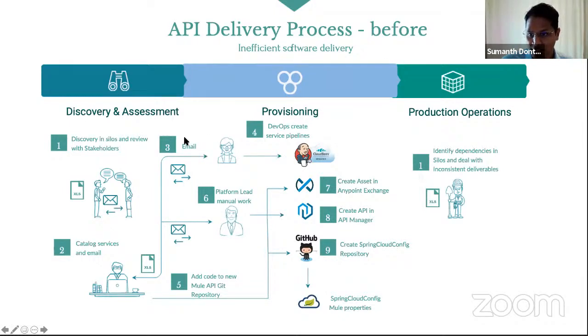So all of this communication was via email. And if you wanted to build an API in Mule, you have to set up the pipelines. You need to create an asset in Exchange, the API in API Manager. We use Spring Cloud Config to maintain our Mule properties.